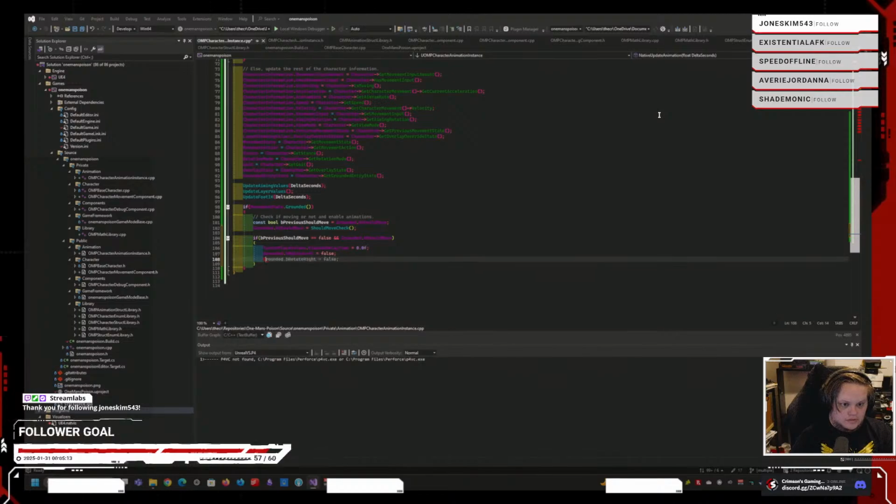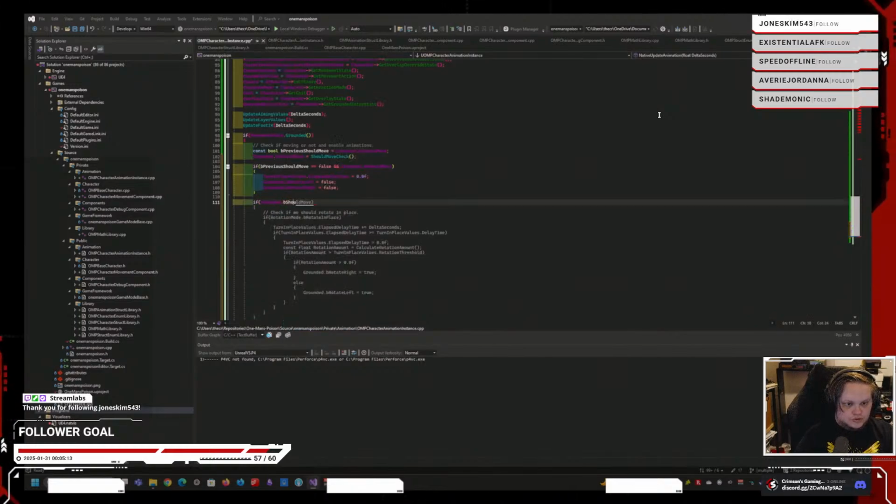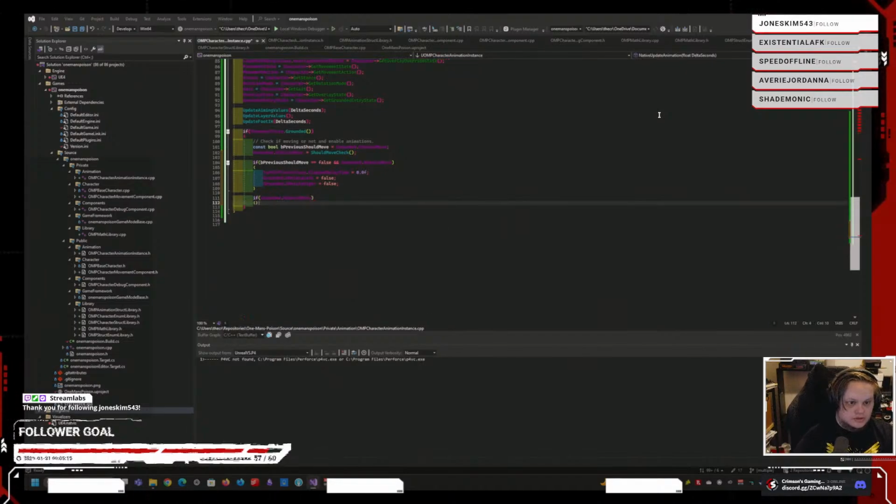And our grounded rotate right to false. And if grounded should move is true, then